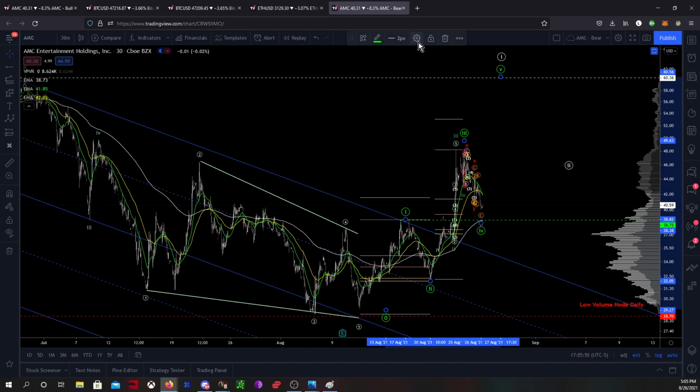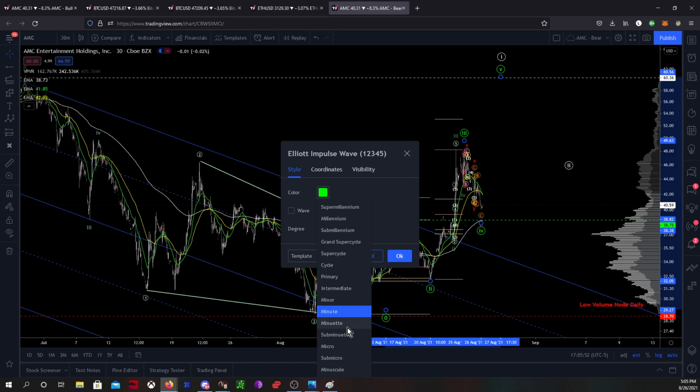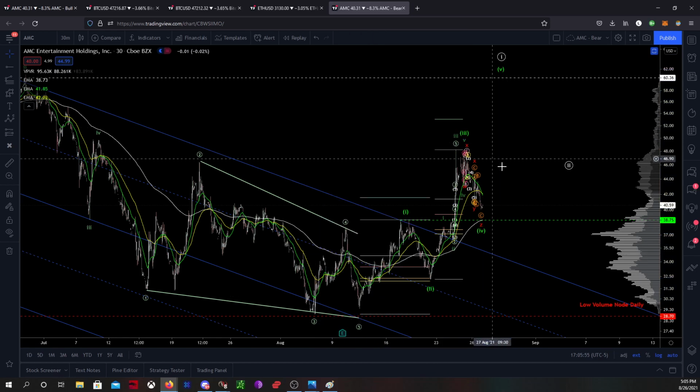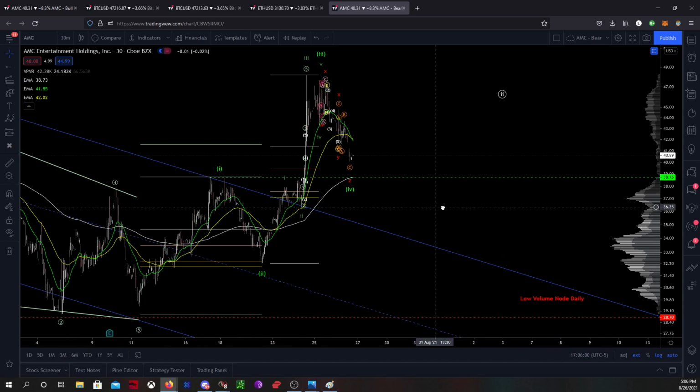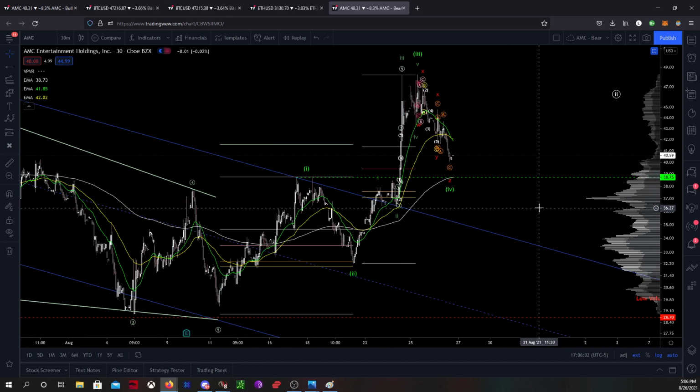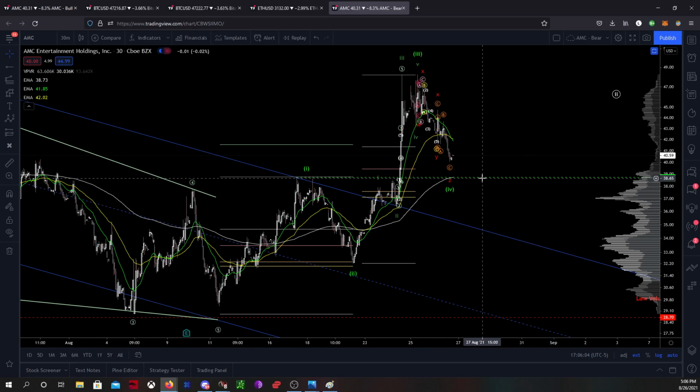This needs to be dropped 1 degree. There we go. So just zoom in here just a bit. Okay, so first thing that I notice whenever I'm looking on the chart here,